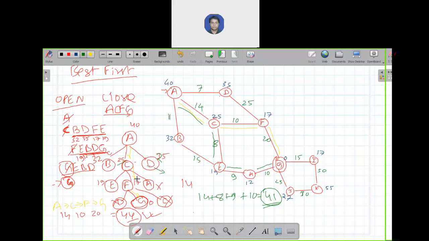Okay. Suppose again I want to mention one more key point about this search technique. Suppose you are exploring C, you have explored C, then F, then G. You reach the goal. Suppose you followed that path, and on that path there is no goal node available. So what will you do?